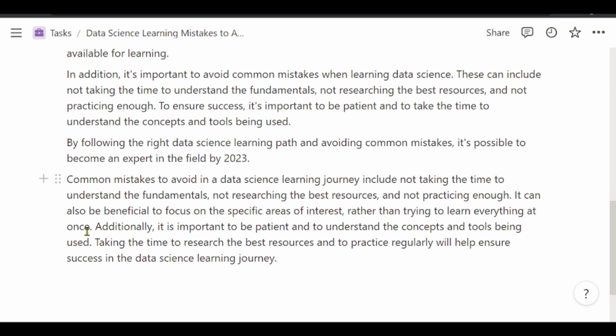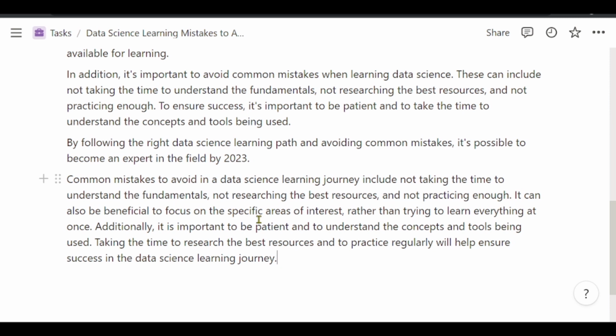Then it also says that it can also be beneficial to focus on specific areas of interest. When you get into the data science field, which is the area of interest that you need to focus on, you should answer that question, because there are various domain expertise areas. You can follow the health domain, you can follow the finance domain, you can follow the manufacturing domain.